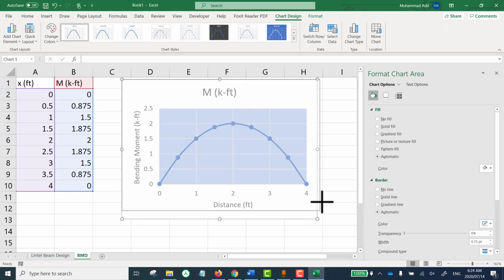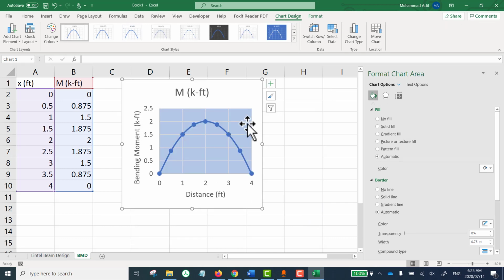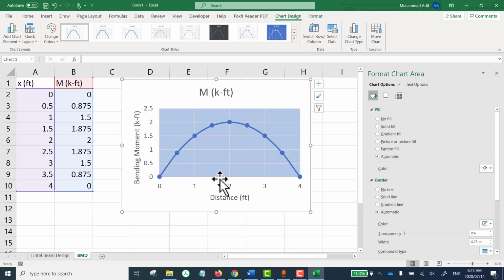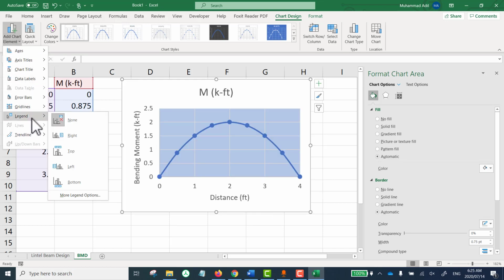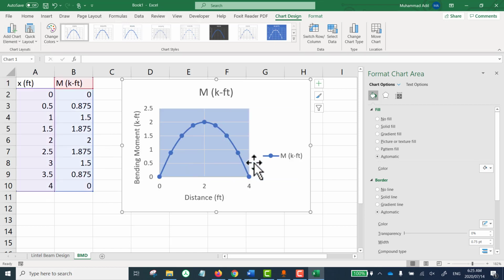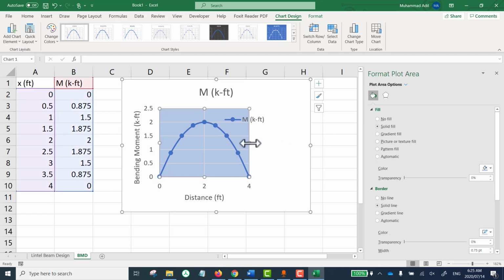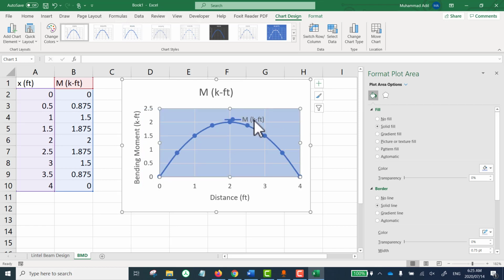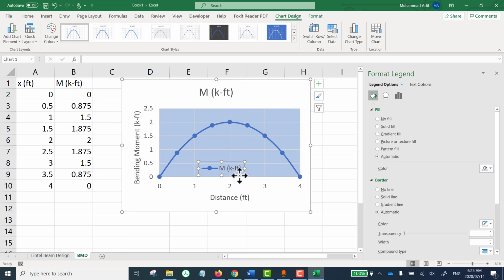So we have seen how we can draw graphs, we can edit them, we can change the size. There are so many other elements you can bring in. For example, if you're interested in legend, which tells what this means, you can select it and move it to some better location, and then make the chart as beautiful as you want. You can play with it. So many settings can be done in this. You can even change the title if you don't like this to be used as title here. You can write